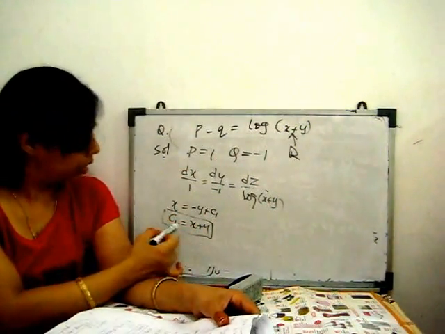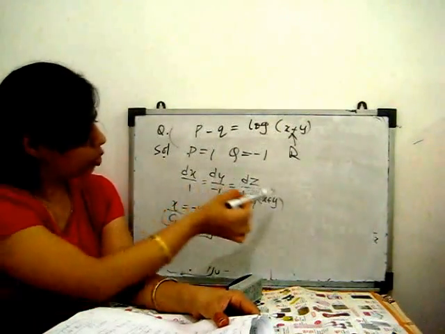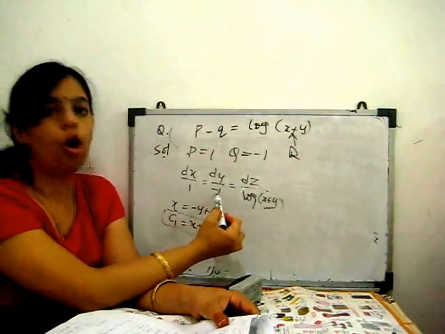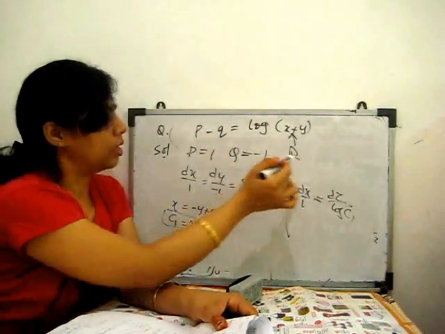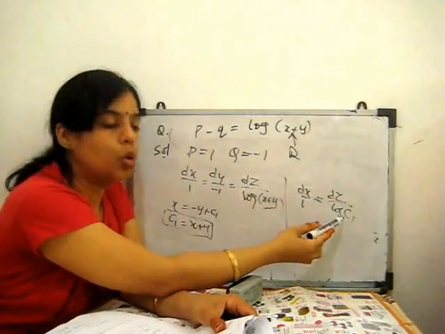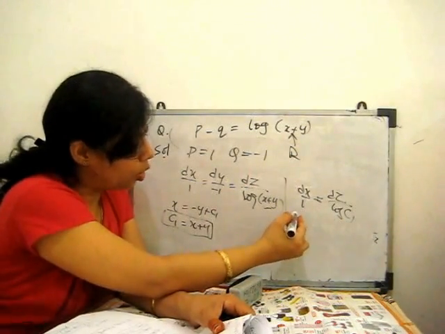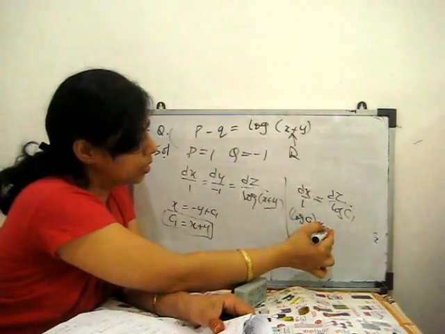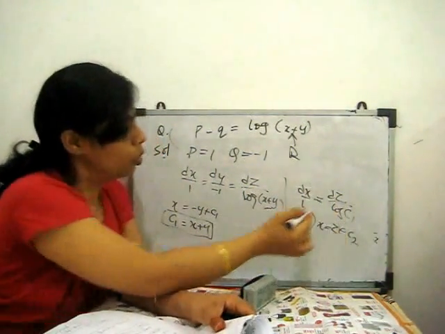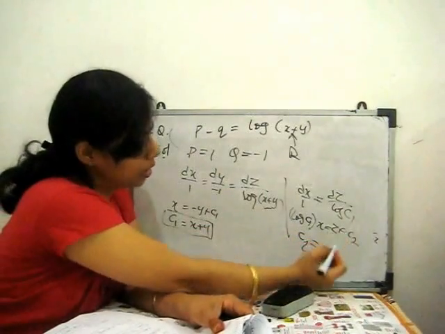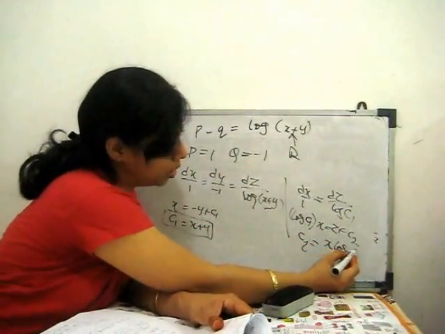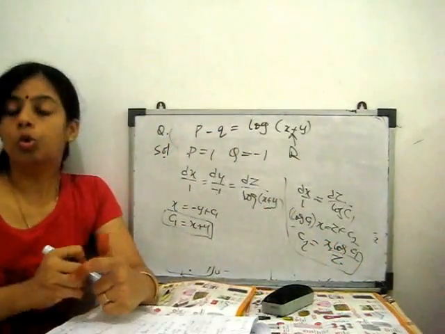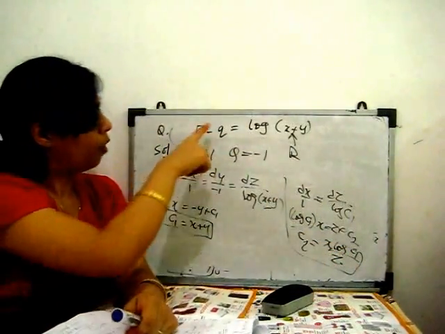Sometimes it's very tricky. See, x + y = c1 is one constant, we have to substitute here and then use first and third, or maybe second and third. Use first and third. So now it's converted into a constant. So it is log c1 dx. Integrating dx gives x = z/log c1 + c2. So what is c2? c2 is x minus z by log c1. So these are the two constants for the given equation.